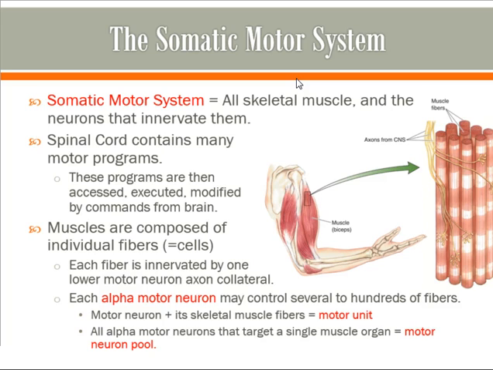So if you zoom in on somebody's biceps, which is what this is doing, and look at the individual cells, here are all those individual muscle fiber cells. If we look in them, the picture doesn't really show it, but they're all multinucleated, because really what happens during development is you've got multiple cells that kind of fuse together to form these fibers. And the fibers have a very striped, or striated, appearance. And that striation is representative of some of the different contractile elements that are present within these fibers.